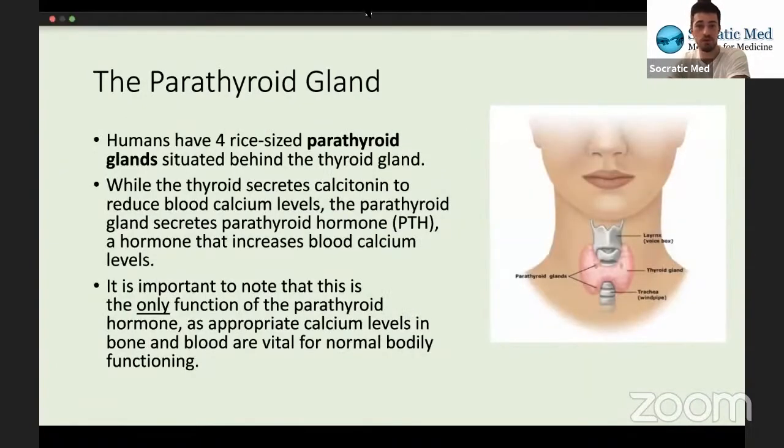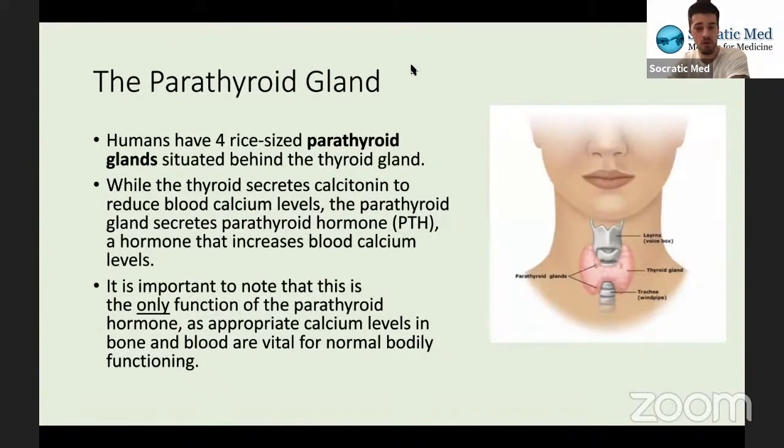So what we were just talking about, the parathyroid glands, excuse me. Humans have four rice-sized parathyroid glands situated behind the thyroid gland. So if you look at this graphic to the right, it shows the thyroid gland like we saw in the last one, and you see these four little dots that are sitting two on either lobe of the thyroid gland. Those are the parathyroid glands. So they're very tiny,